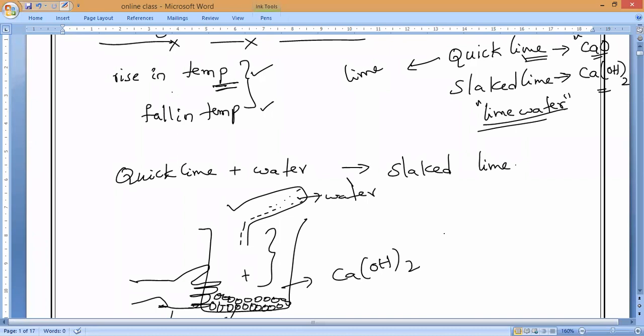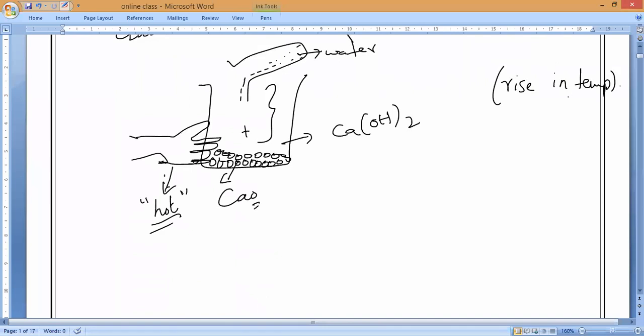So that is what. It is the reaction which shows a rise in temperature. Yes or no, guys? Yes, sir. So this reaction between quicklime and water to form slaked lime, we can say it is a rise in temperature. Basically, the chemical reactions with a rise in temperature we used to call exothermic